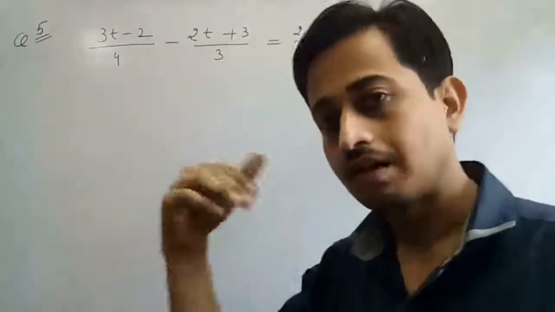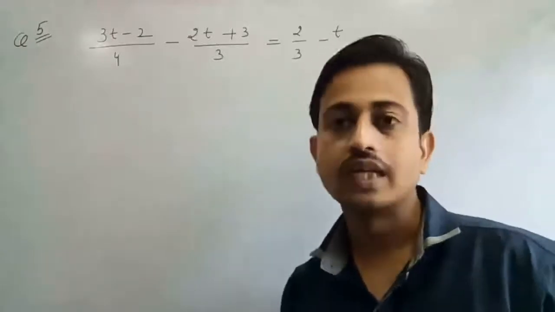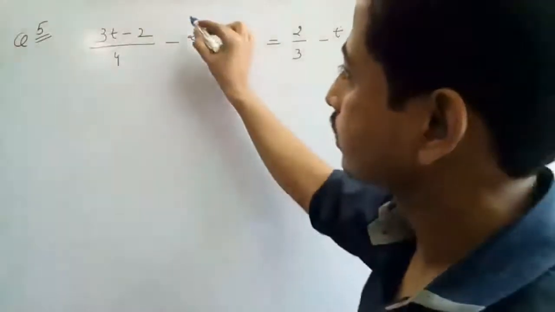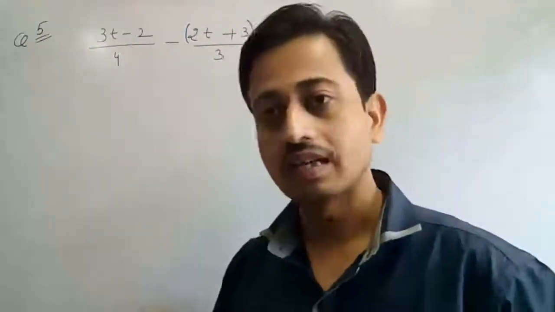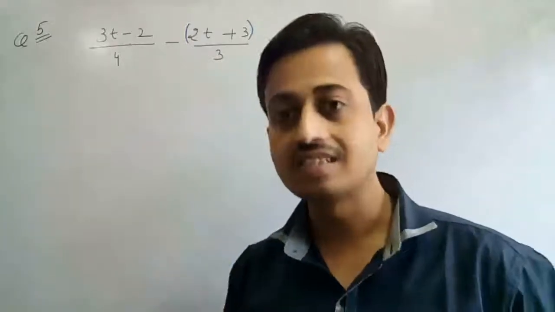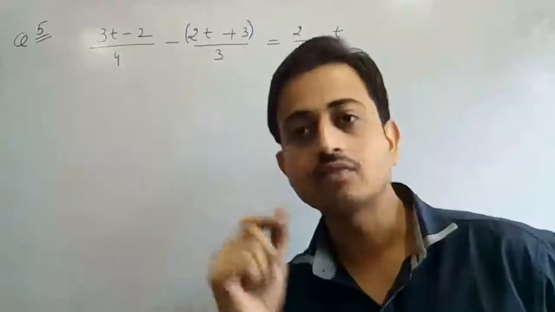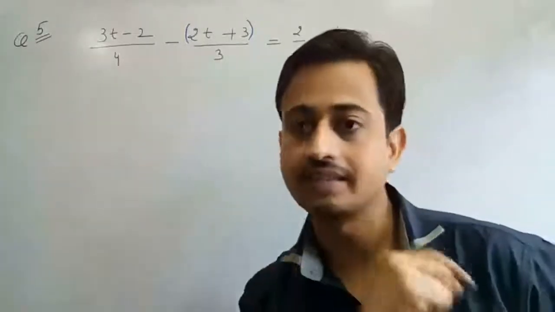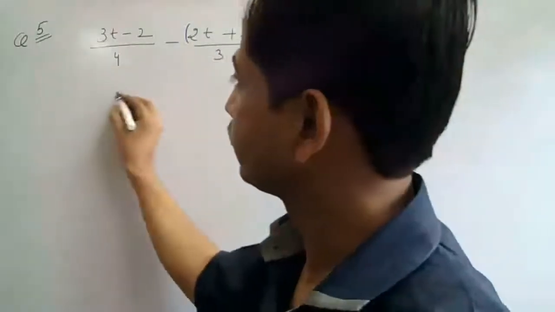If the term has a negative sign before it, you have to write that term in bracket form. You have to write that term in brackets because the sign of the terms is changed. So most of the students make mistakes here. If you get a negative sign before a term, you take that term into the brackets. Now it's very easy. What we have to do? 4 into 3,